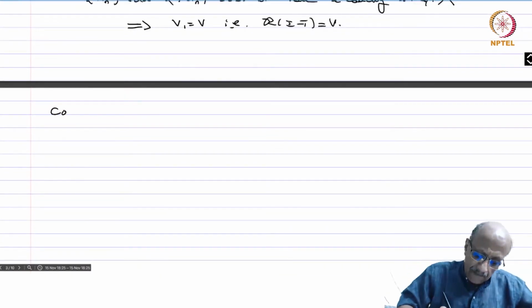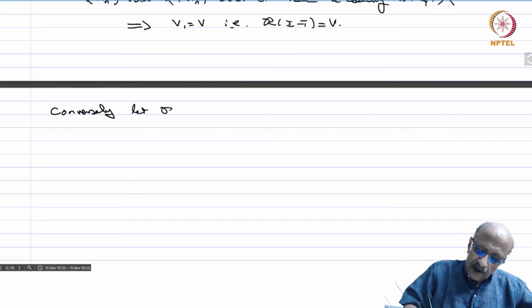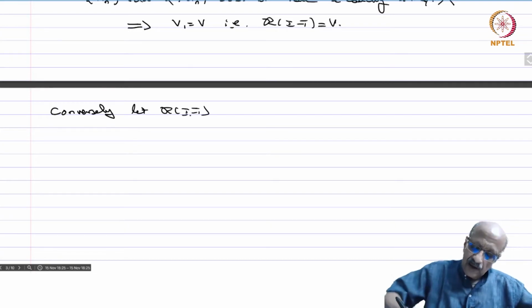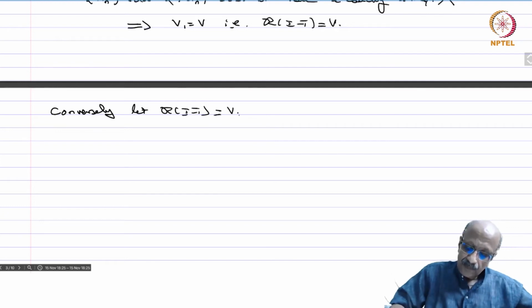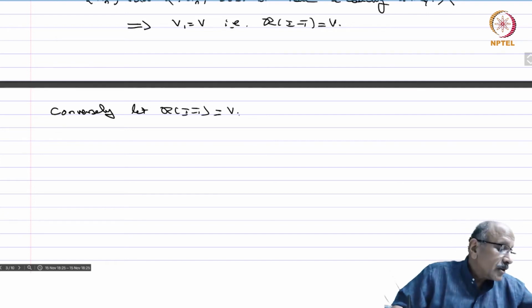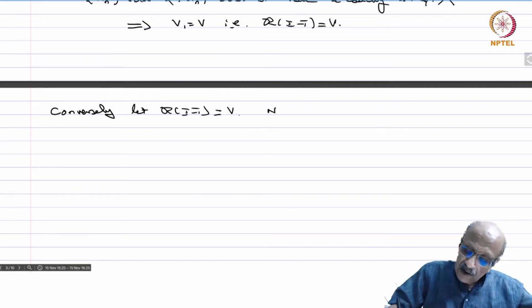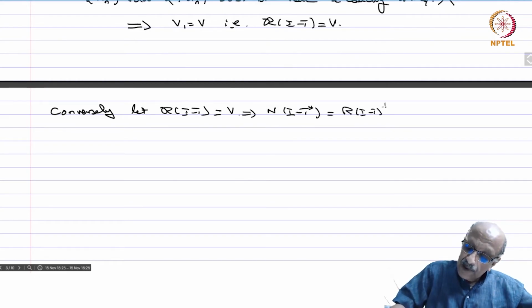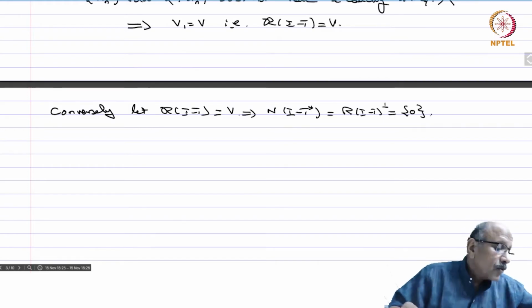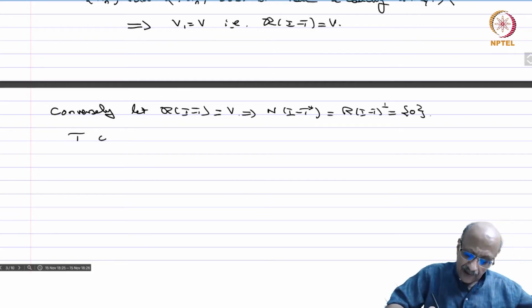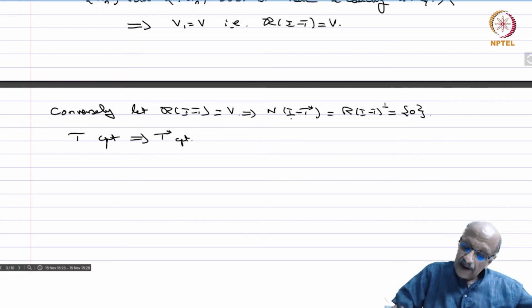So conversely, let the range of I minus T equal V. So it is onto, we have to show that it is 1 to 1. So then the null space of I minus T star equals the range of I minus T perp, and that is V perp, that is the singleton 0. Okay. So now T compact, we know this implies that T star is compact and it is 1 to 1,